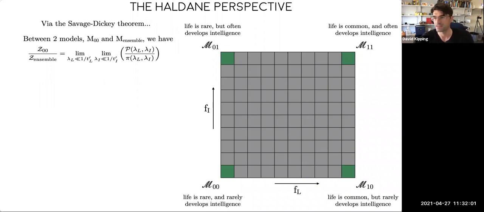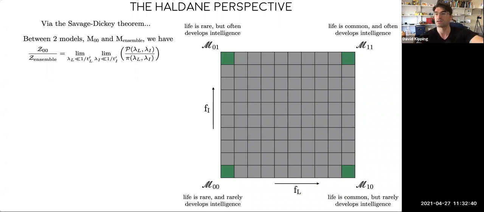You can ask me later about the other, or we can point to the paper, but there's this neat theorem called the Savage-Dickey theorem, which allows you to calculate Bayesian evidences. Bayesian evidences are essentially the probability of a model being correct given the data. Now, it's often a difficult integral to get at, but the Savage-Dickey ratio is a really beautiful, elegant mathematical trick that's actually very easy to do, and you can use this in all types of science. So if nothing else from this talk, check out the Savage-Dickey ratio if you do any kind of Bayesian work. It's a really useful way of calculating evidences. It only works when you have nested models.